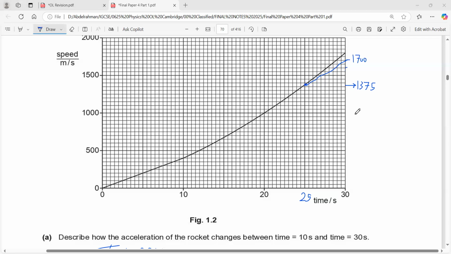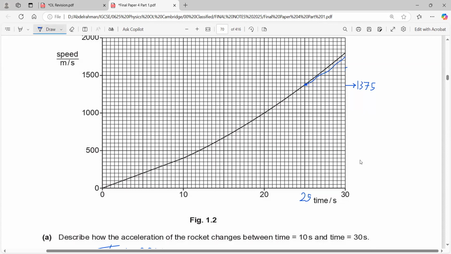Can you find the acceleration if you use the point above it, or the square above it? Yes: 1700 minus 1375 over the time, which is 5. The acceleration will be around 75. And if you drew the tangent and it reached the point above it,